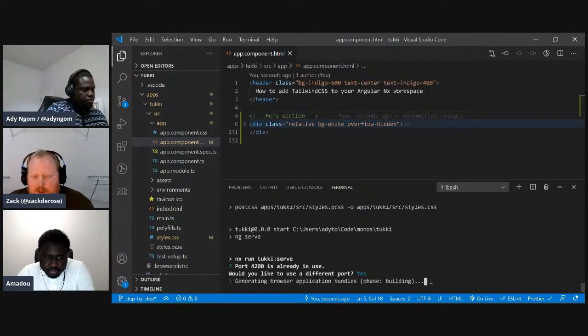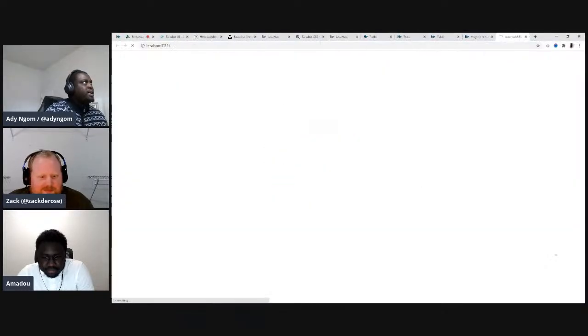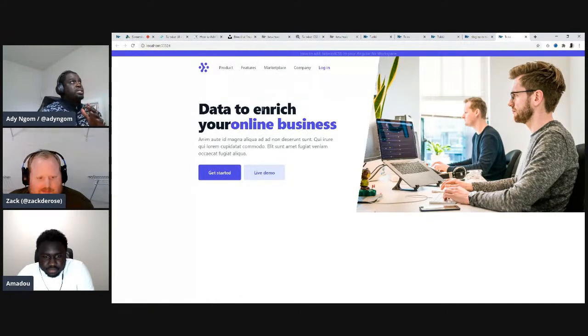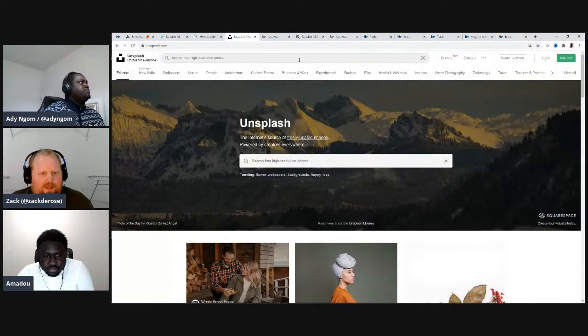While we're waiting for this to build, I'll say, Eddie, I use the same exact process. Different template, but the same exact process to build my site. Oh yeah, you have to. So now we got that, and I'm going to leave this server open from now on so we go faster. And then boom, you see that we're already starting to have that. And then you go to Unsplash, and I'm going to find